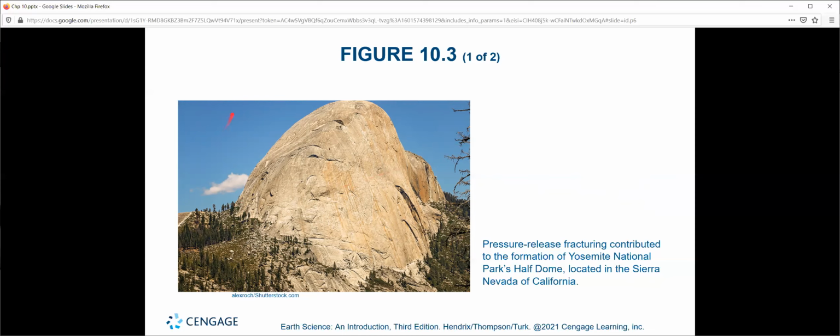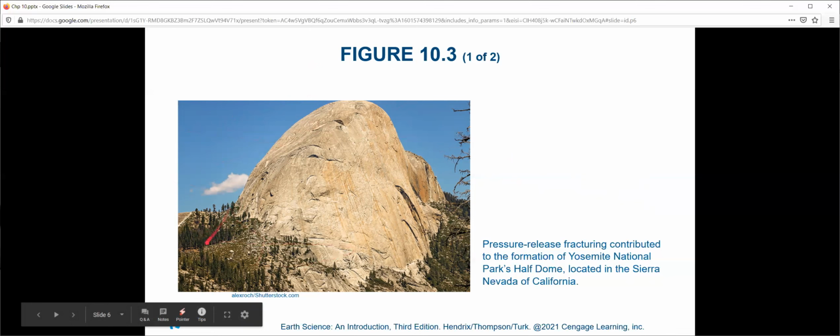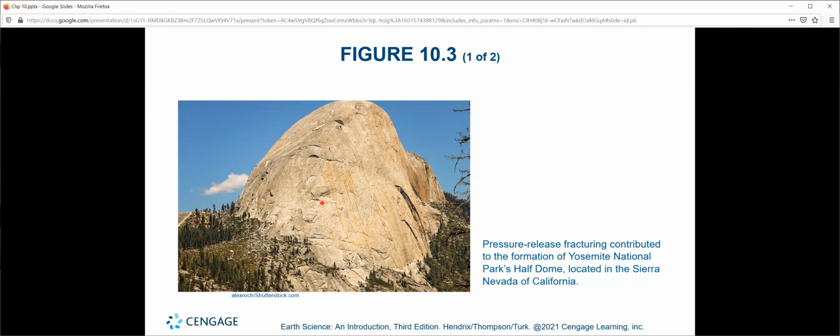And then over time, the mountain on top of it weathered down, the composite volcano weathered down, leaving this pluton, I should say, exposed to the air.